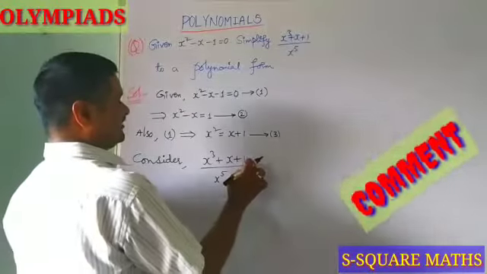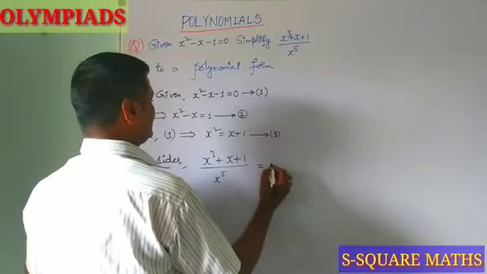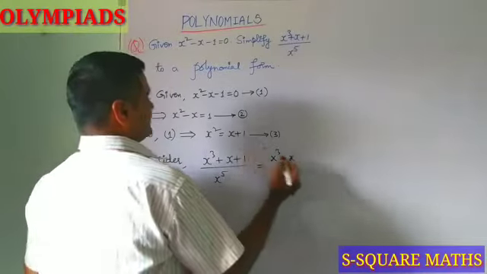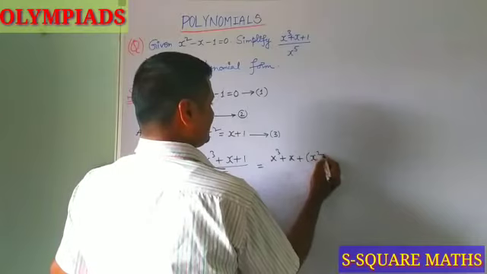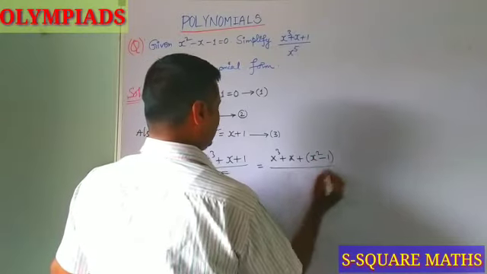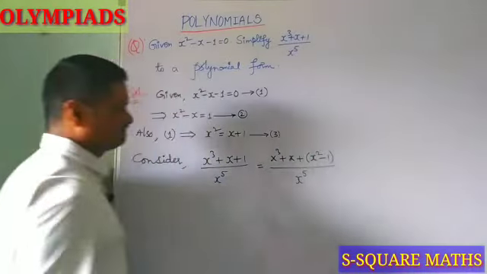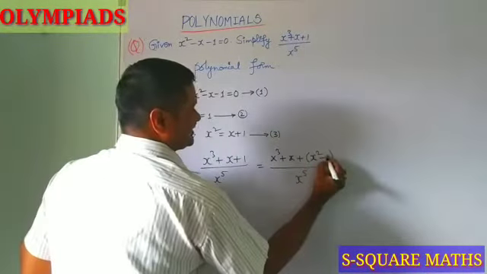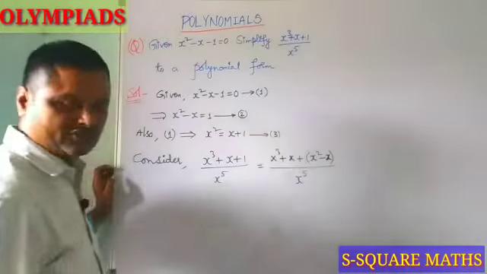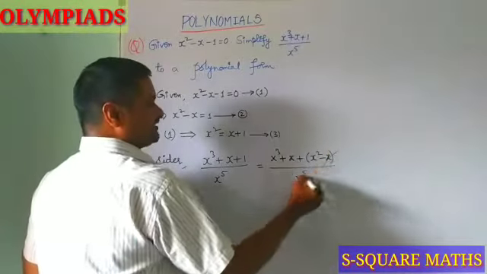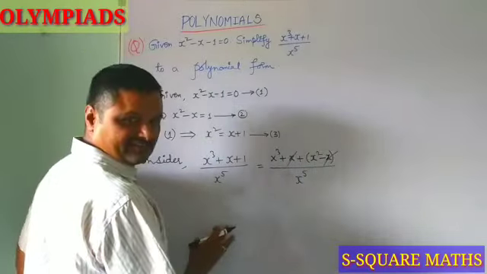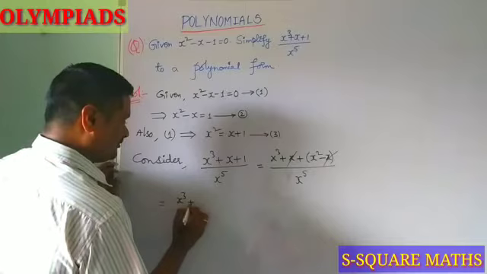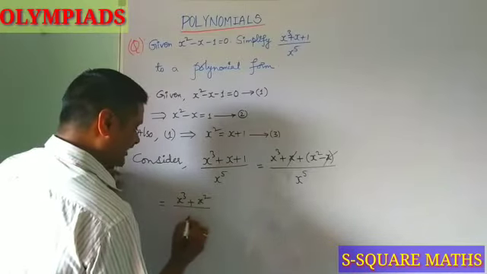If you observe carefully, 1 can be replaced with x square minus 1. So x cube plus x, and this 1 can be written as now x square minus 1, by x power 5. So 1 is nothing but x square minus x. So that we are going to substitute now. So x and minus x is nothing but 0, is cancelled here. So left over is x cube plus x square by x power 5.